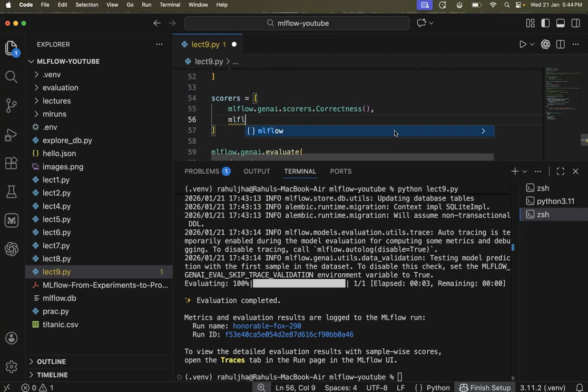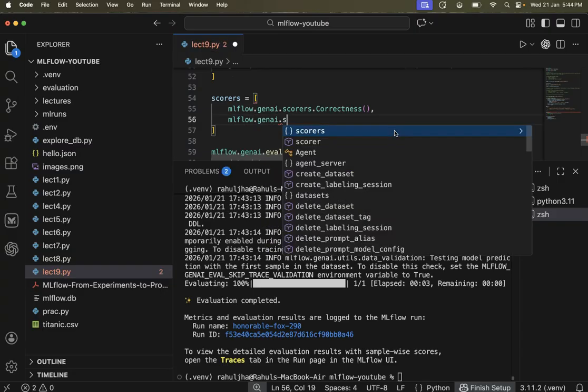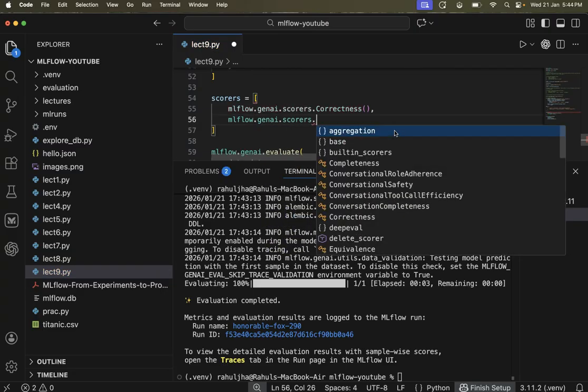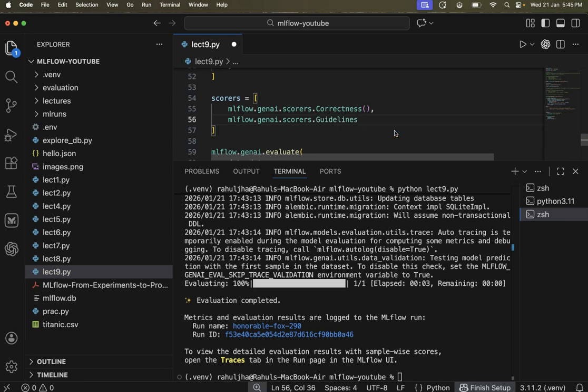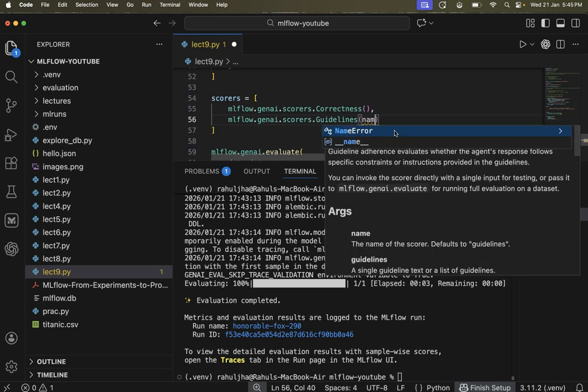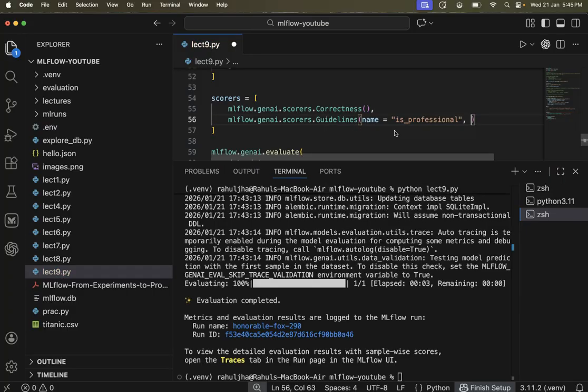Okay, so there is one more thing that we can do, GenAI dot scorer, I guess, dot guidelines. In the guidelines we can provide the guideline name. So suppose I create a guideline such as is professional, and I can provide the guidelines.